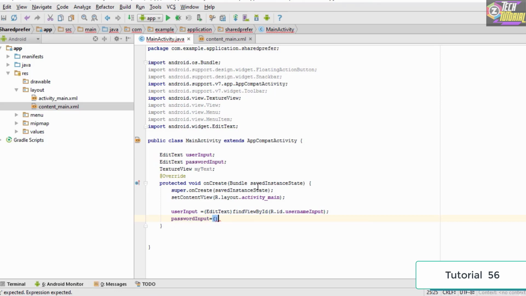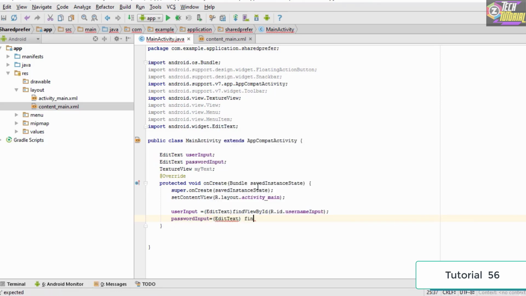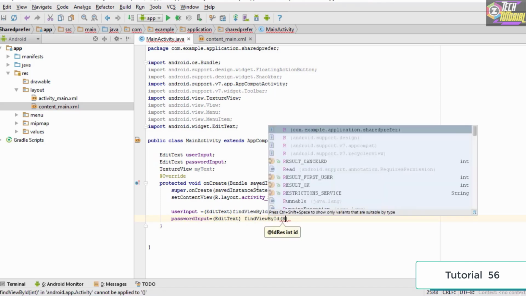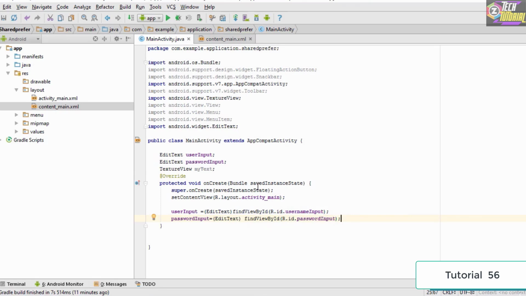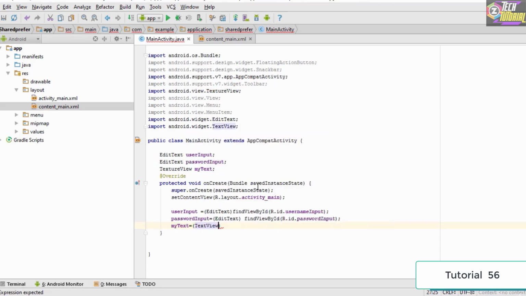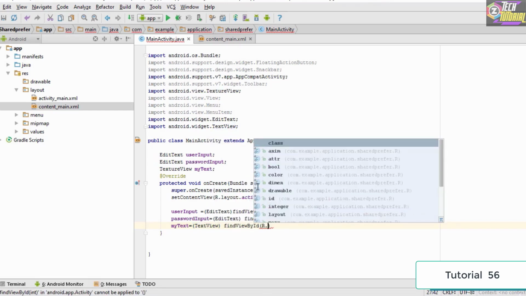So we type passwordInput equals, typecast it to EditText. Then we type in findViewById R.id.passwordInput. Now the final reference we need to get is for the myText. So we type myText equals, and this is going to be a TextView. So we type TextView and then we type findViewById